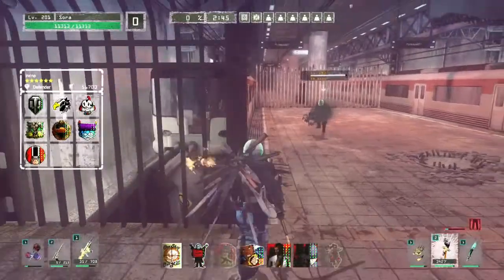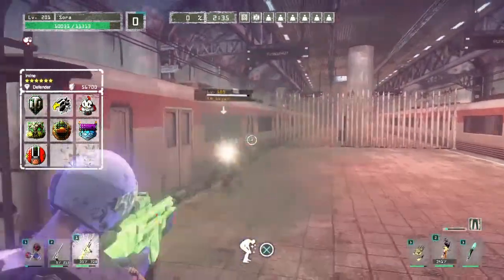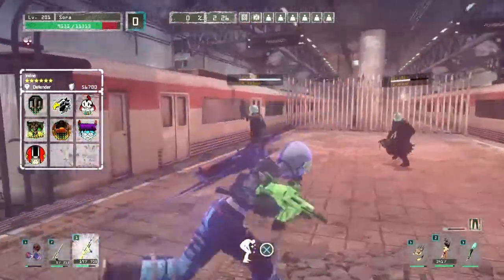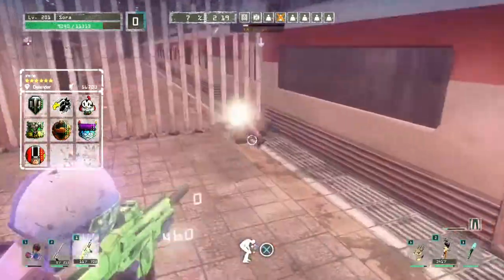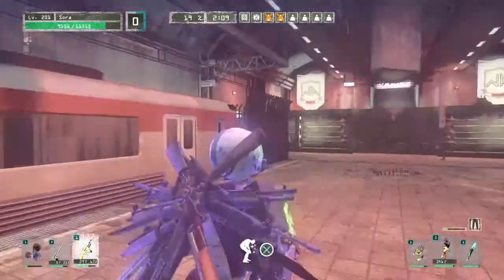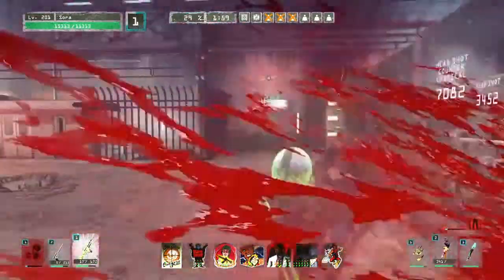Come on. He got me. This is gonna be annoying. Improve this defense from the last time. Come on. Nice. Come on, stop parrying. Nice. Ow. Nice. Another one